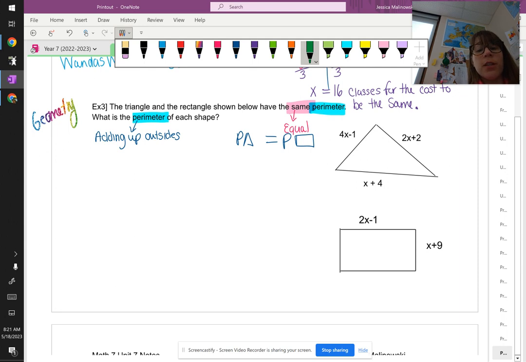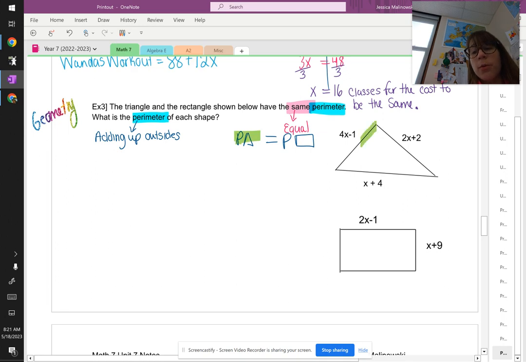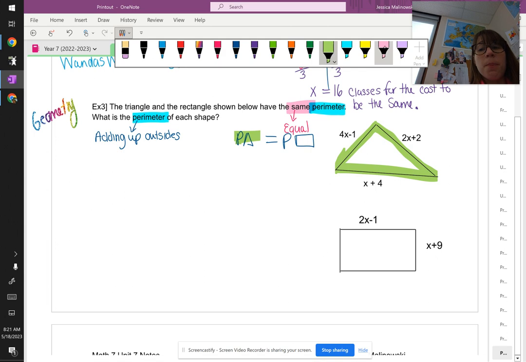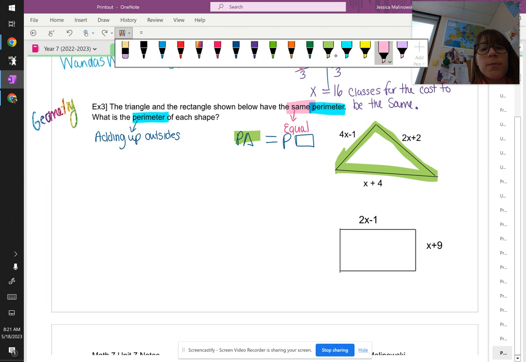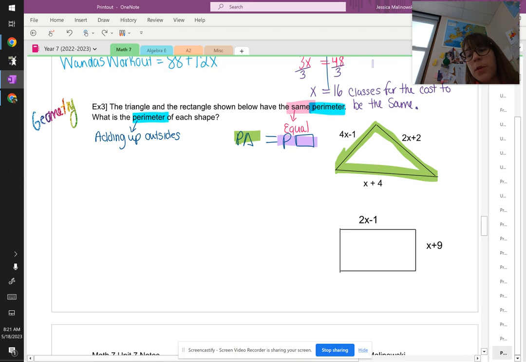We know that we find the perimeter by adding up all the outsides. Well, triangle perimeter, boom, boom, boom, 3 sides to add up. Let's not use that. Let's use purple instead. Rectangle perimeter, careful here. This is where this highlight comes in handy. Have I added up all the outsides if I just add up the 2x minus 1 and the x plus 9? No, I would have to go through and add all 4 of those sides,